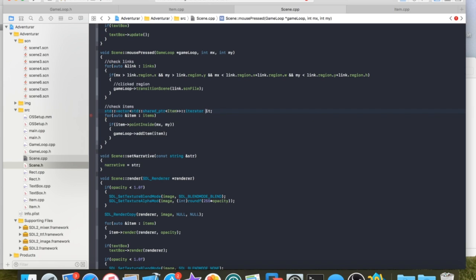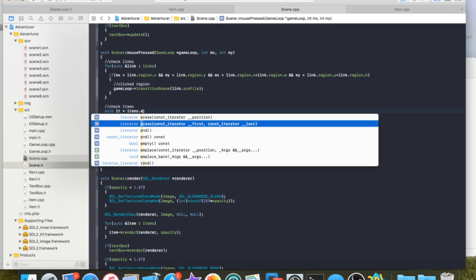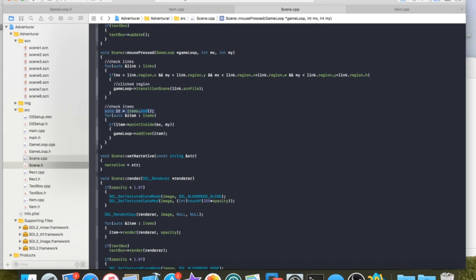Now, no one in their right mind would want to type that out. So typically what I would do is I would just do auto and set that equal to items.end, which is kind of like the null iterator. It's off the end of the items. And that tells me that that is basically the same exact type that we would have had to type out, but I'm using type inference so that it is that type automatically through auto. At that point, I want to give it a better name, so I'm going to call it item2remove,